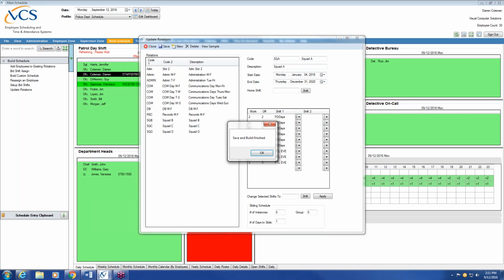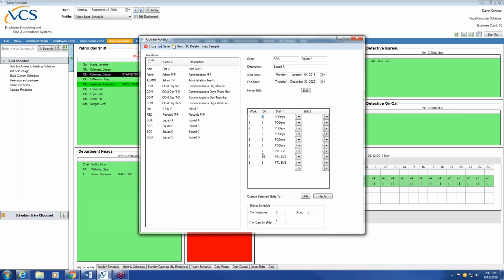Yes. Okay. So for that, what I could recommend doing is for this schedule rotation that I just saved, this one started on January 4th. Now, if I have another group,